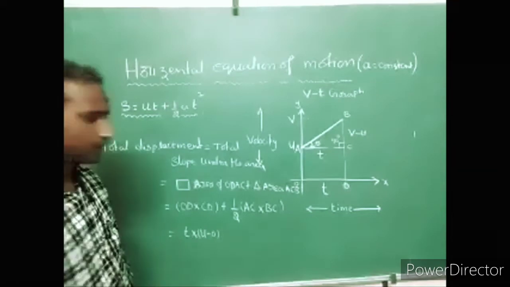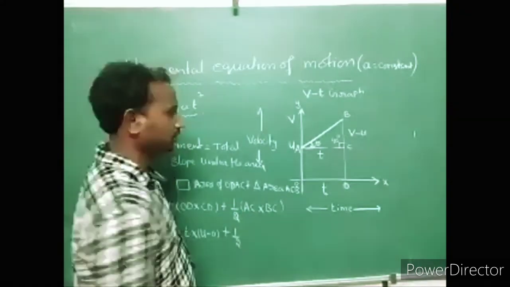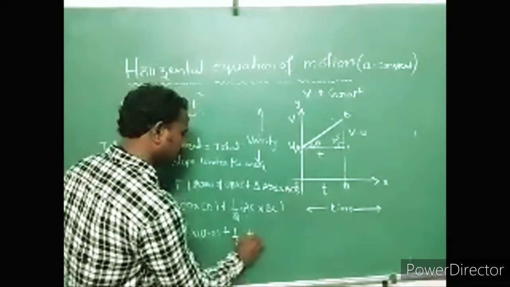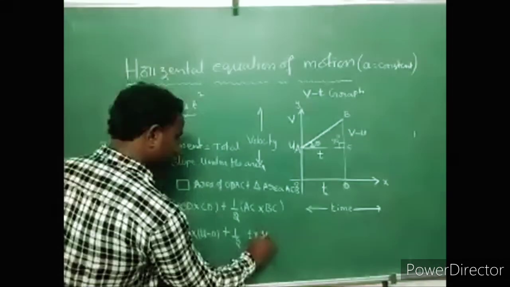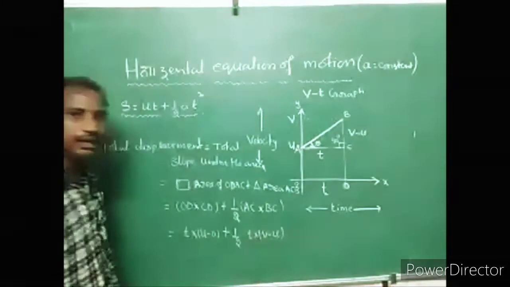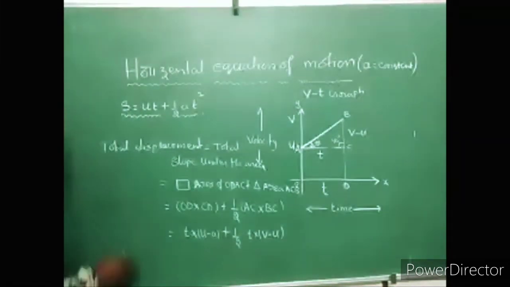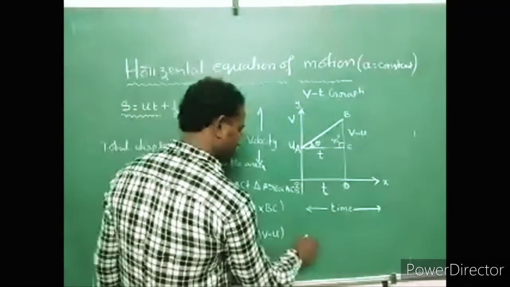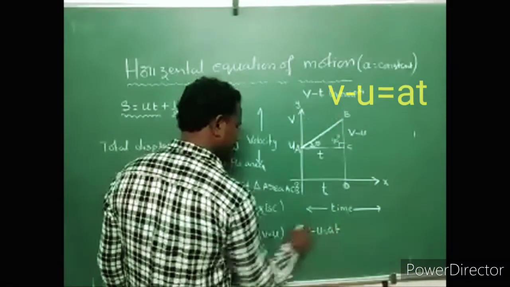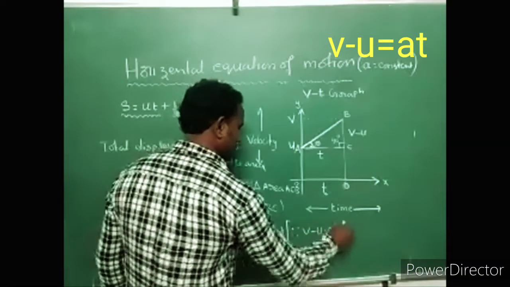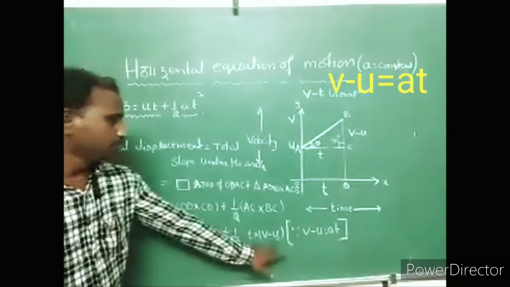U minus 0 plus 1 by 2 AC into BC. AC value equal to T, into DC value. DC equal to V minus U. Understood? So now we have to simplify this equation. I already explained that point: first equation of motion, V minus U equal to AT. Since V minus U equal to AT,